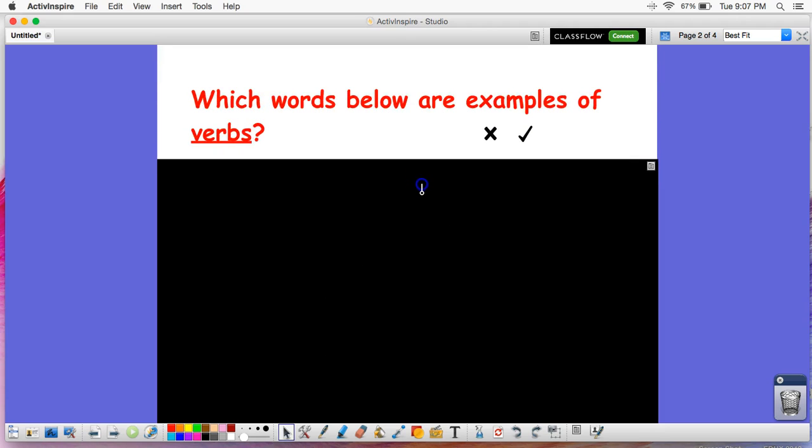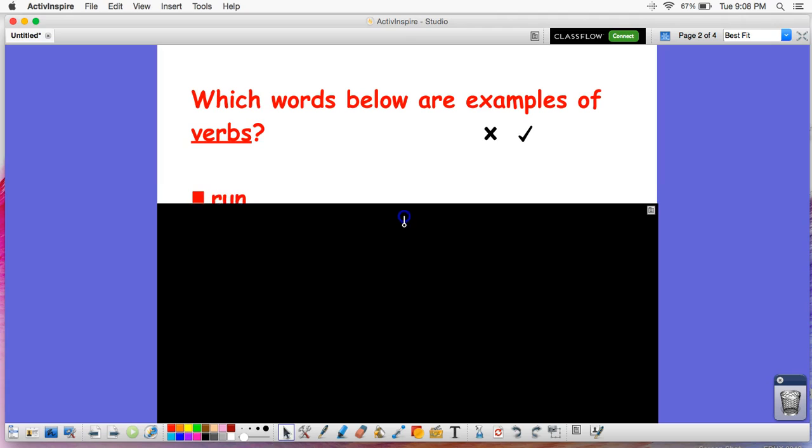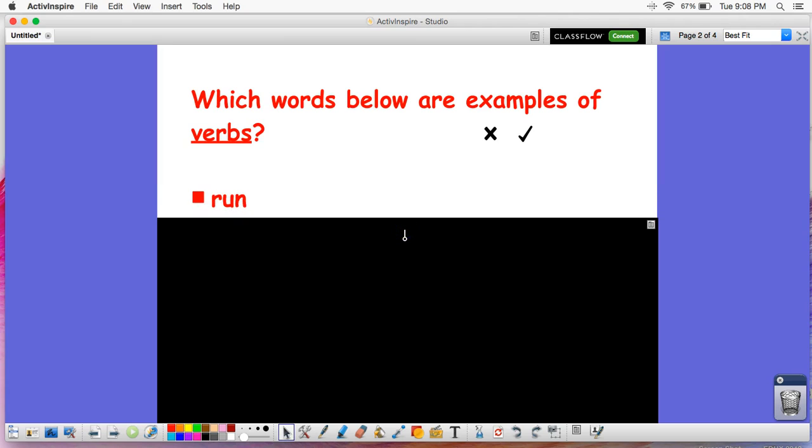And if I go to the next page on my flip chart, I might just want students to see the question first. I don't want them to see what I have on the bottom portion. And they get a chance to read the question, which words below are examples of verbs. And maybe I just want to show one option at a time, and then students can drag